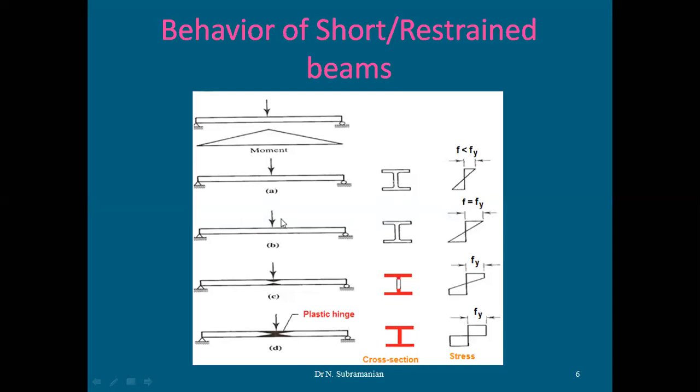Okay, and increase more load. What happens when you increase more load? Then the point where the collapse starts, the yielding starts, continuous yielding starts. And when your section is subjected to plastic deformation, that is why it is indicated in a red color, plastic deformation, where you can see the stress diagram, bending stress diagram, which is not linear.